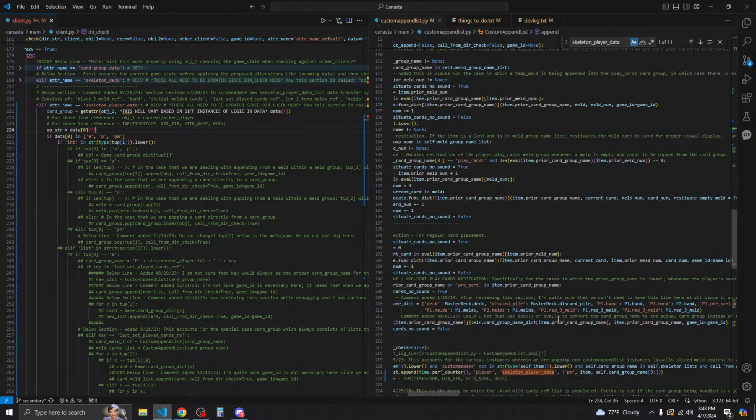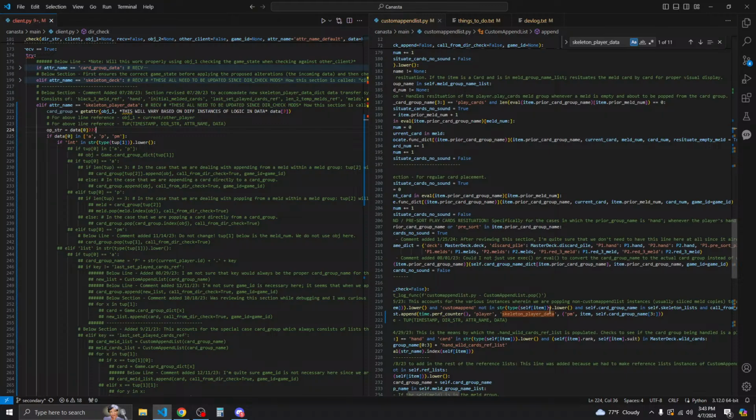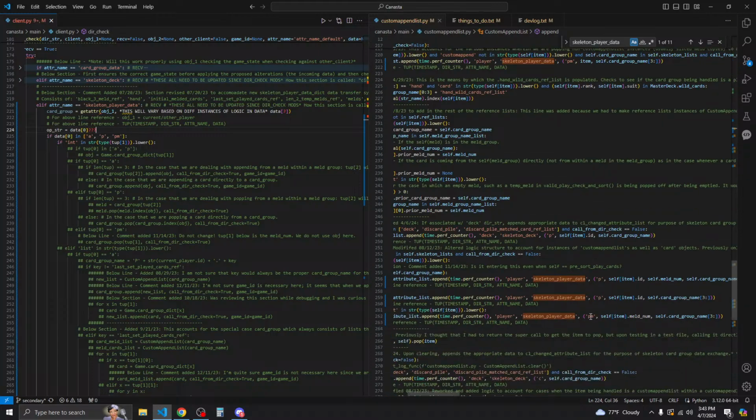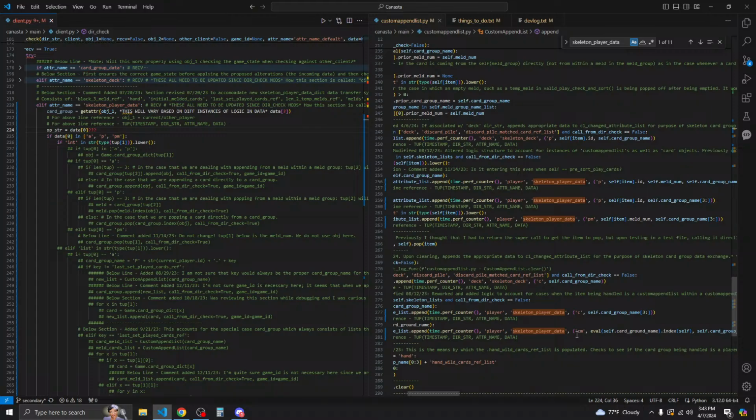Now we want 6 op string, 7 op string, 8 op string, 9 op string, 10 op string, 11. So out of 11 of 11, 0 is always the op string, so that's gonna be correct.